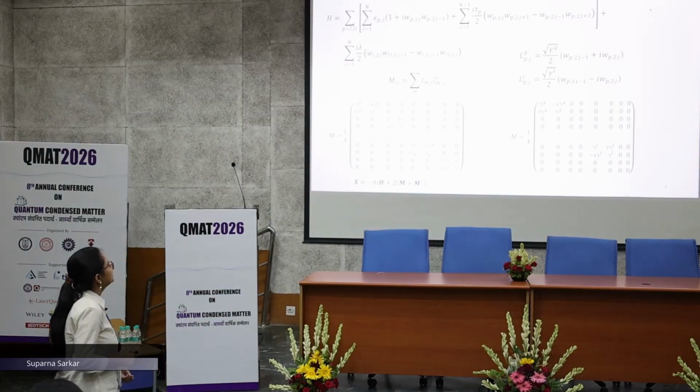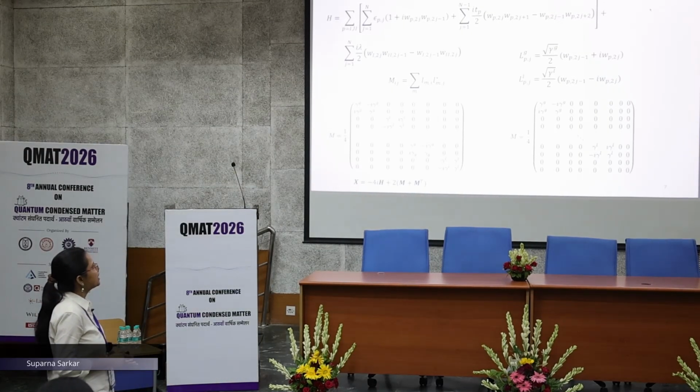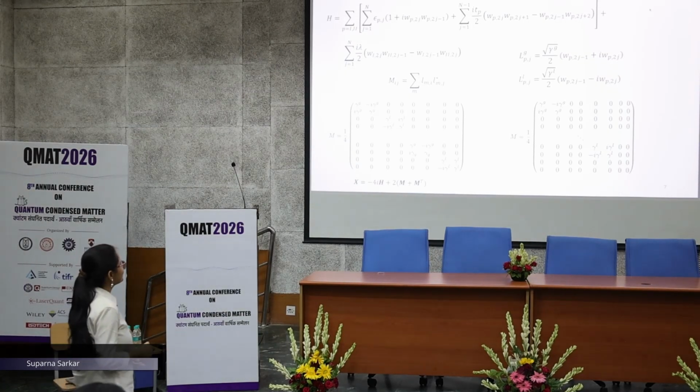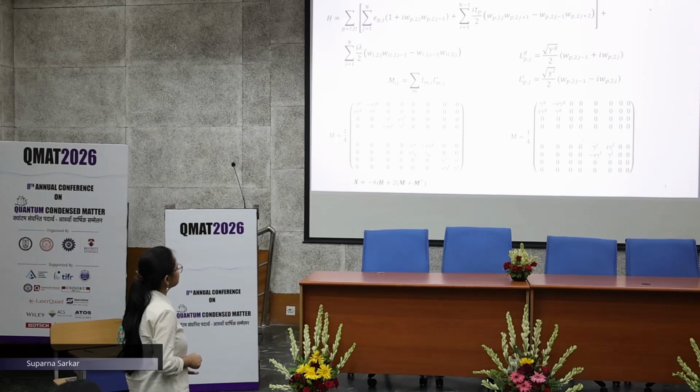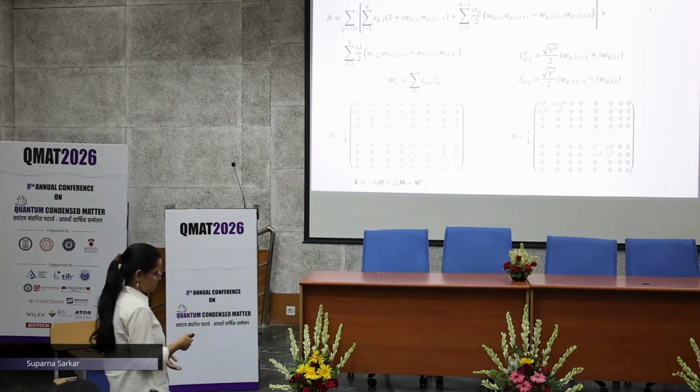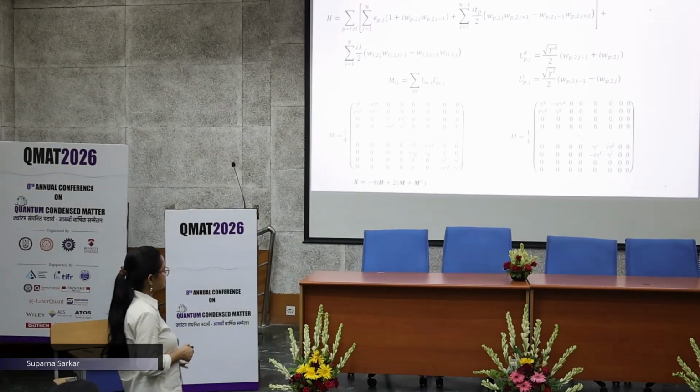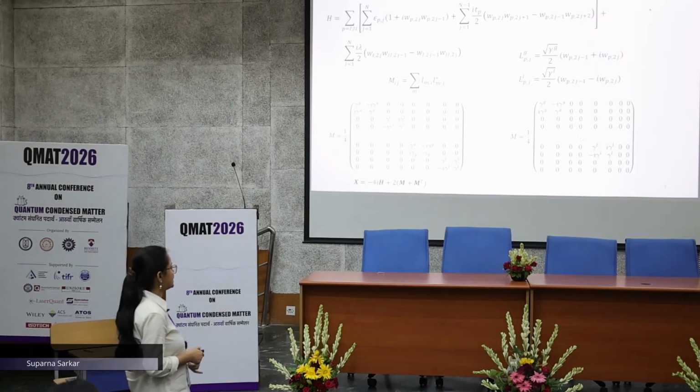So then I transform my Hamiltonian into the Majorana representation, and also the bath matrices, and from this relation I have calculated the bath matrices. Once we calculate the bath matrices, then we calculate the damping matrix X. Once we get the damping matrix X, I can calculate the IPR and NPR and study the localization transition.